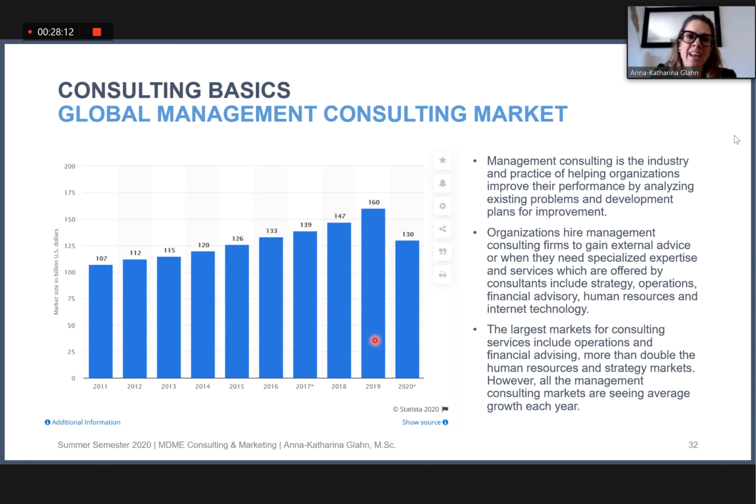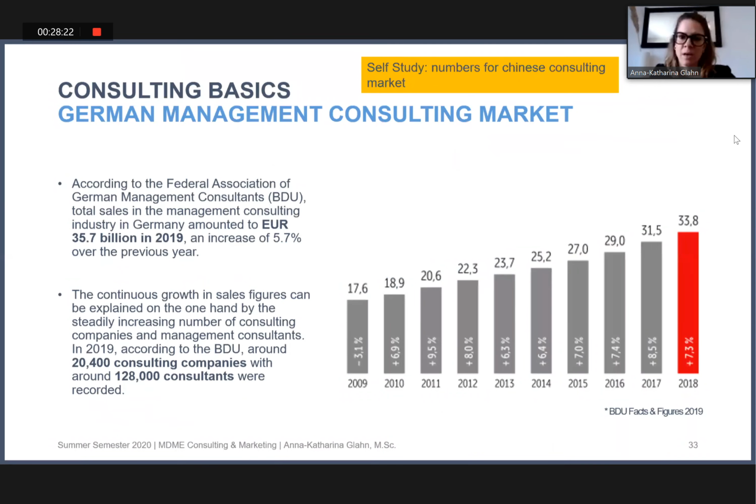So what I guess is that in these numbers, they did not count specific consulting areas, which they did count here in the German numbers. So what I'd like to know is just some numbers to give us an idea about the Chinese consulting market, about the growth and the numbers in the consulting market. I'm really interested in that, and I would love to hear some numbers and see some numbers by you. You can also put them into the Slack channel. I will add the question later.